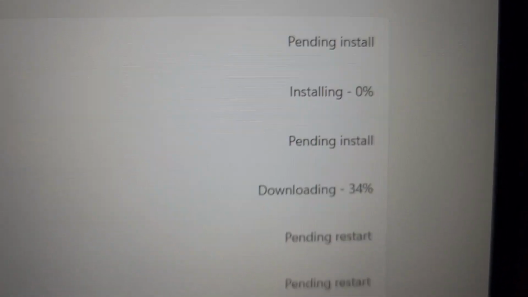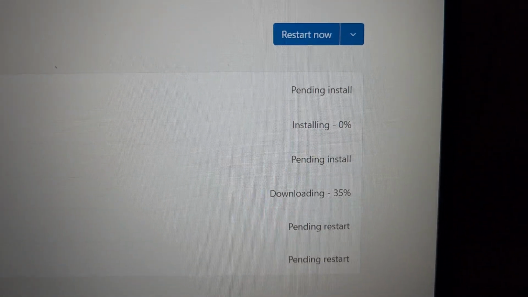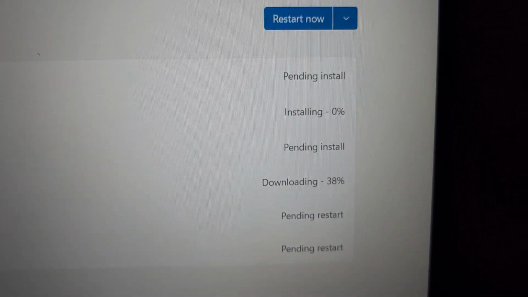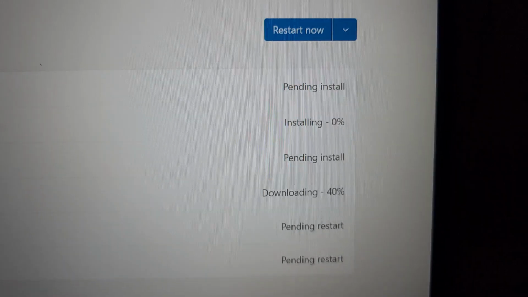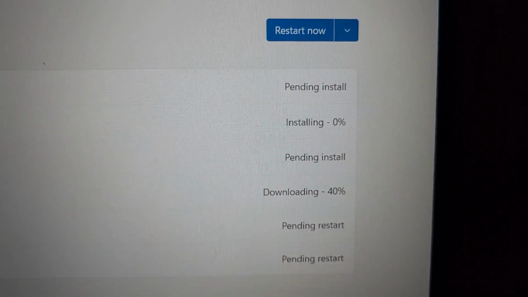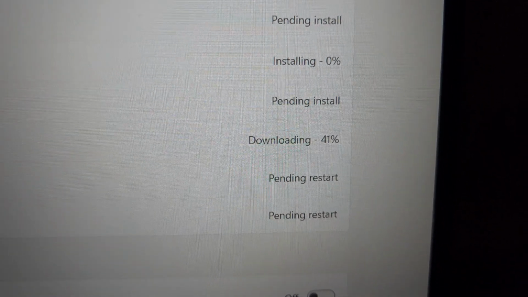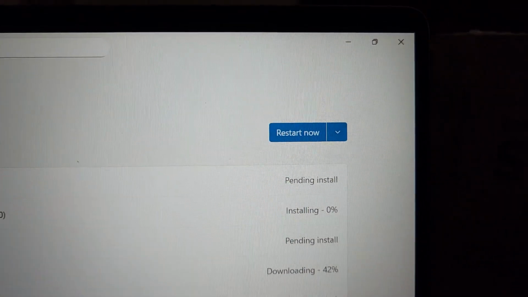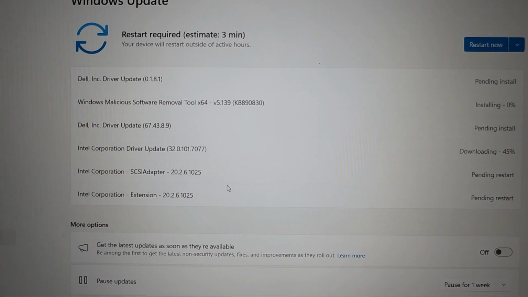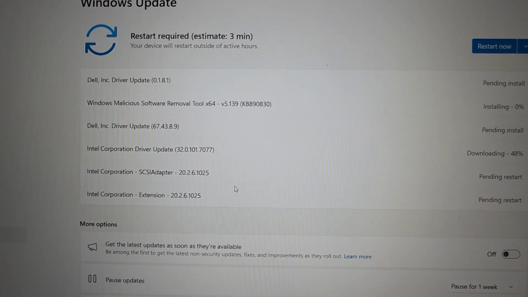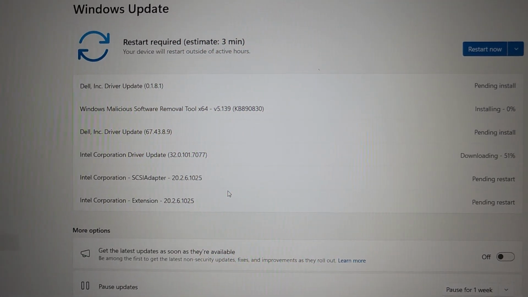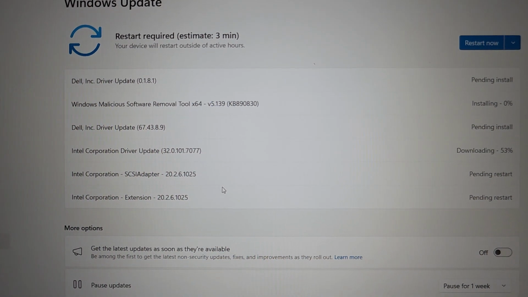Okay. So when this one that says installing 0% somehow gets up to 100%, then one of these other pending installs will also run through the installation process, and then the next one will run through it, and this downloading one will run through the installation, and then you'll do the restart now, and then we'll run through this process again, because what we want to do is run through this process ad nauseum at least the first couple of times, not just for you to learn, but also make sure your computer gets the actual updates downloaded. Okay, so